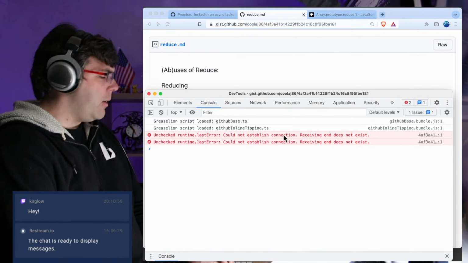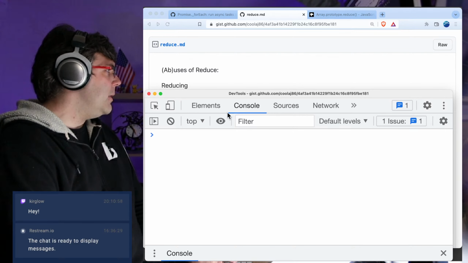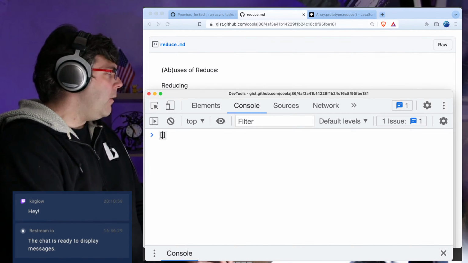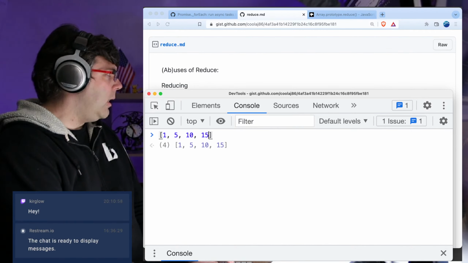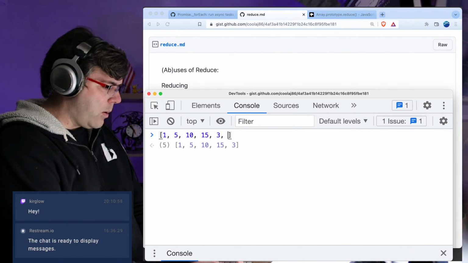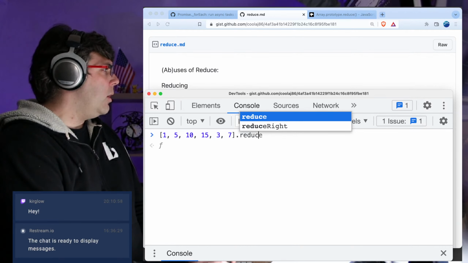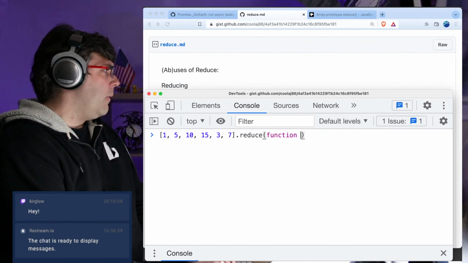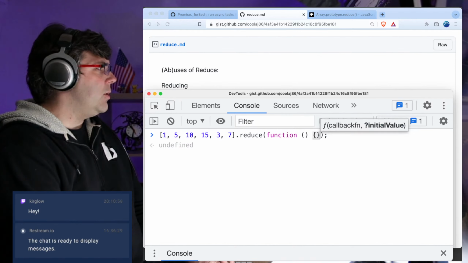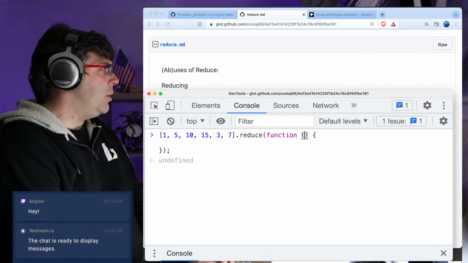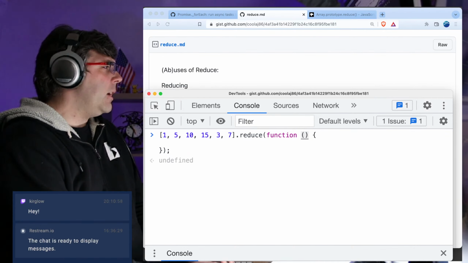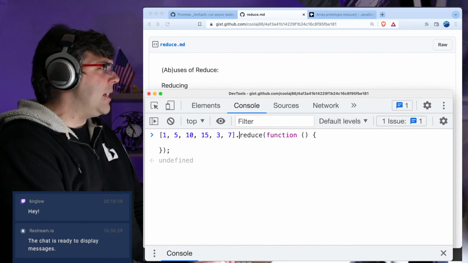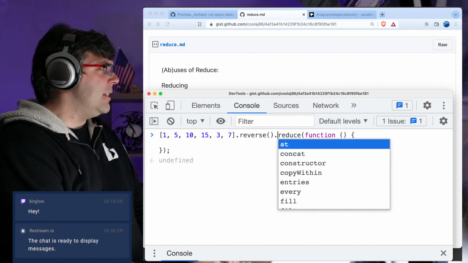Let's just bring it up here in the browser and try this out. So we're going to have 1, 5, 10, 15. I'm putting these in numerical order. Let's not do that. And then we're going to do .reduce. And then reduceRight, the difference is just that it goes in reverse. So reduce goes from first to last, reduceRight goes from last to first, which there are cases where you want to do that,